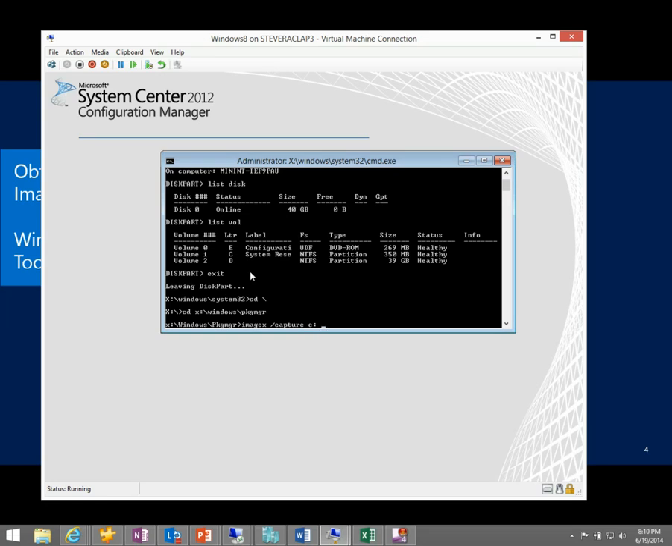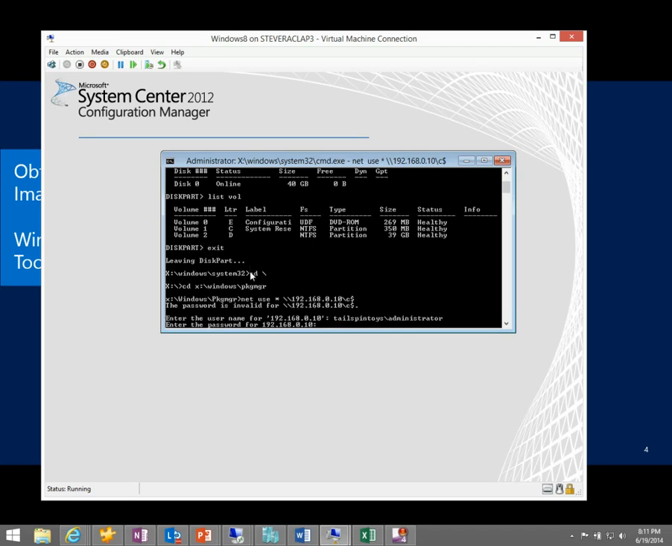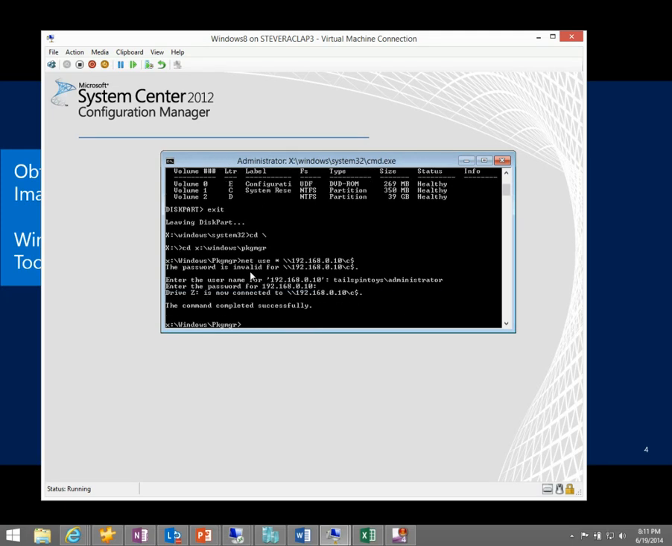Oops. One thing I need to do before I do this. Sorry, I need to map a drive. This is a network location where I'm going to store things. So you generally will not want to store the image on your local system. You'll want to put it on the network somewhere. So I'm just going to map the drive. And that should go through. Good enough. Now I will run ImageX